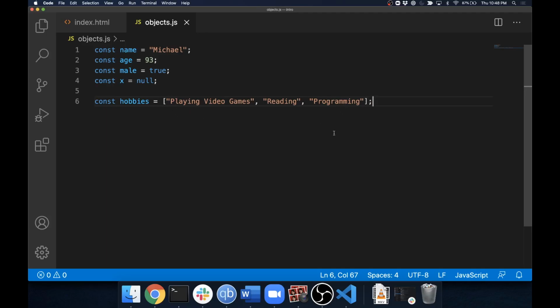But if we wanted something to encapsulate this that represents myself, so obviously I'm not 93, but these are properties about me, it's kind of messy to put all those in separate variables. So how we can group together things that relate to each other, we can group those together in something called an object. So if I make a new variable,